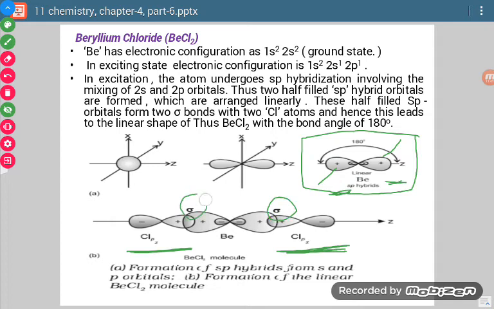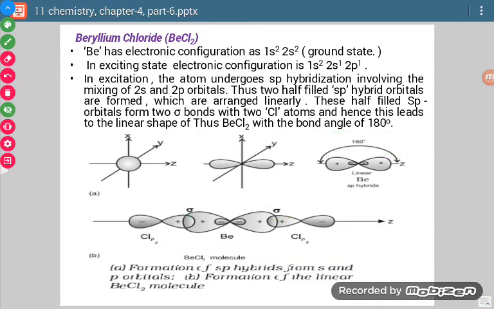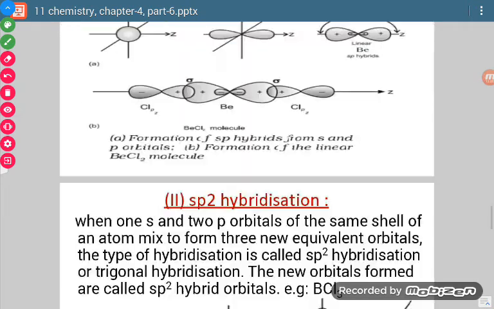This sigma bond is formed. So now what we are getting, Be makes one sigma bond with one Cl and another sigma bond with another Cl. So there are 2-3 things we can check. First thing, beryllium has undergone sp hybridization. Second thing, the hybrid orbitals have aligned themselves in the linear fashion. Third thing, the pz orbital of chlorine containing unpaired electron undergoes head-on collision with hybridized orbitals, and there is formation of sigma bond, and again the whole geometry of the molecule is linear. Okay, so this is formation of BeCl2.